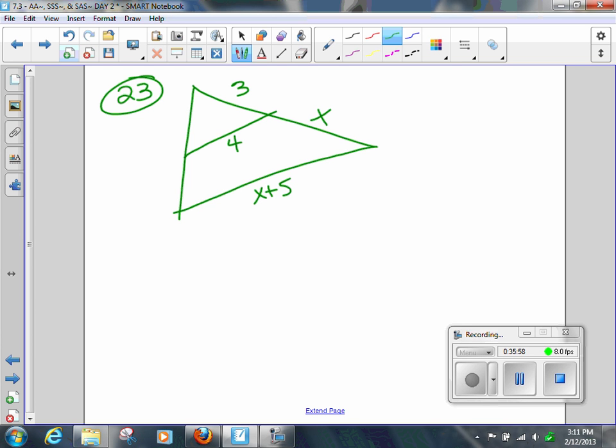Oh, it's just sides. The three pairs of corresponding sides are all proportional. Therefore,